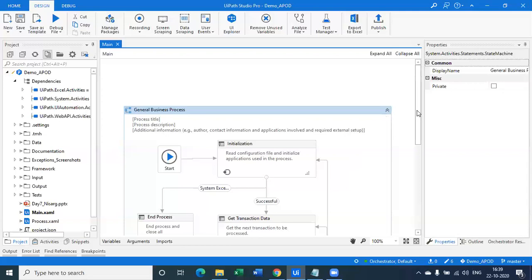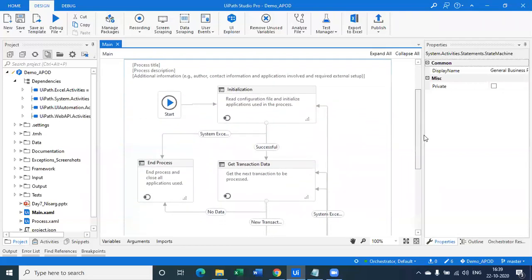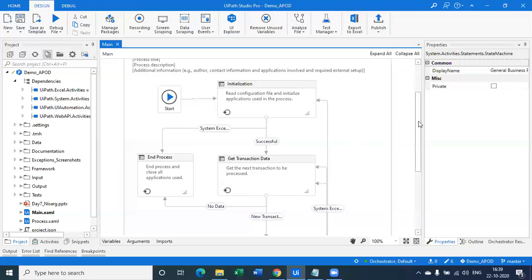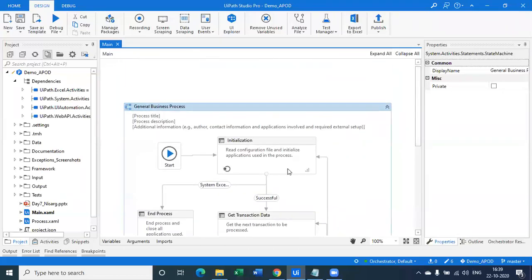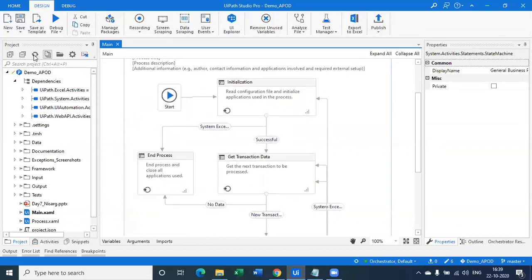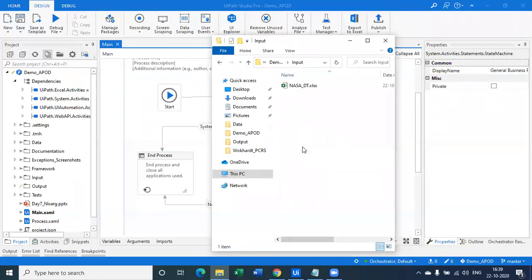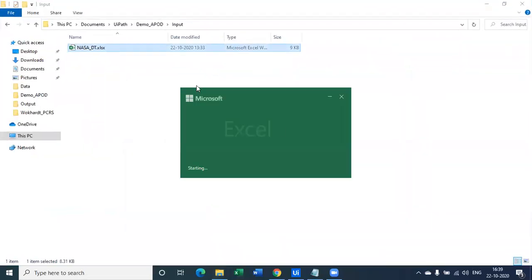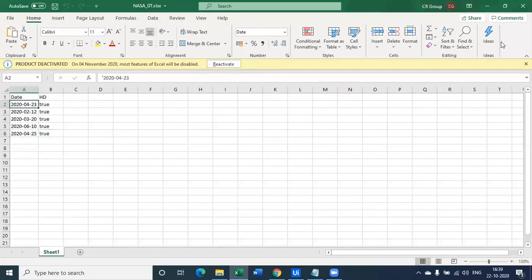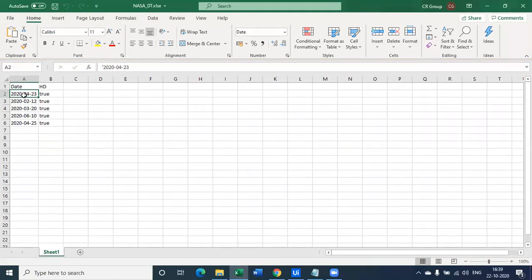Okay, let's get started first of all with the RE framework. As you can see on my screen, this is the same template which Deepak has shown you and explained about the RE framework. Now in this framework, let's say I have some input data. Let us navigate to the input folder. The input data is nothing but multiple dates in a very specific format, which is yyyy-MM-dd. This is the specific format which is being followed in these dates. Now there is one more field which is HD. HD is about the image quality, whether it is going to be true or not.